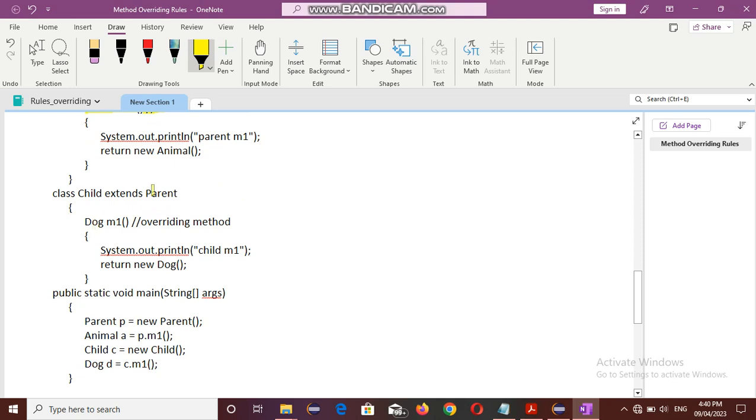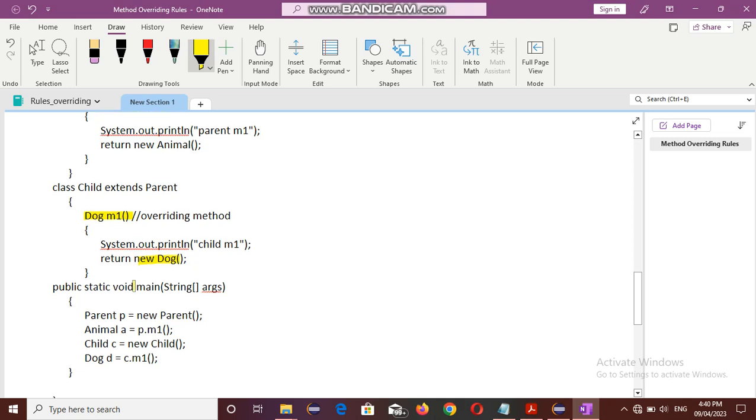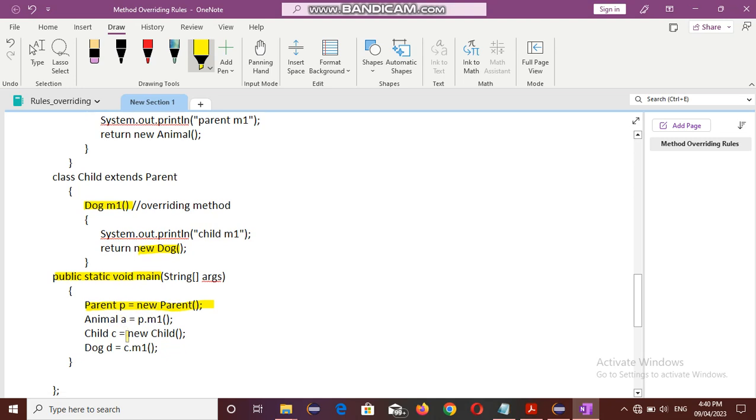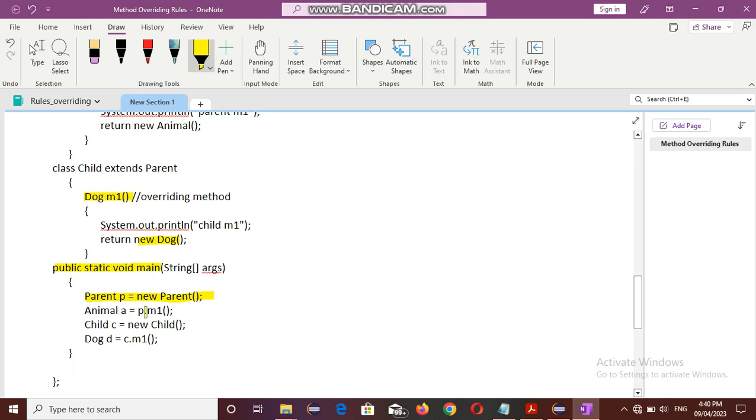The child class extends the parent class, and in the child class the m1 method returns a Dog class object, new Dog. In public static void main, we create a parent object, which we can use to call the parent class method. Animal a = p.m1. What are we calling here?